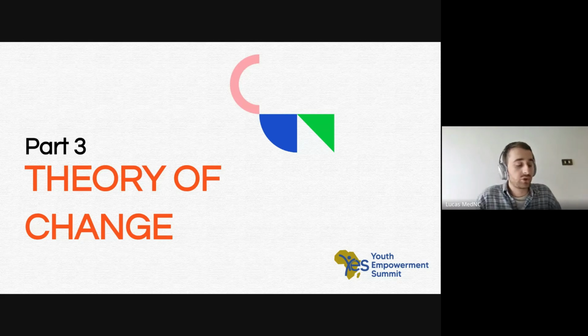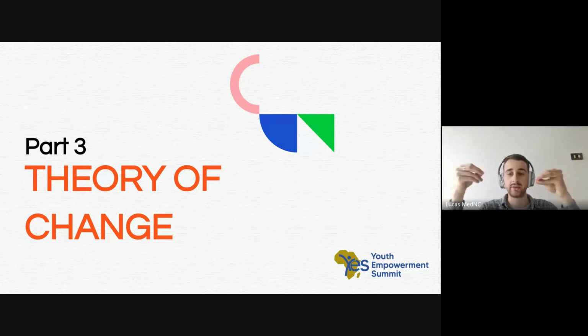So I'm going to go quickly on this. The most important thing is that you understand the log frame, and this theory of change comes in a different way and in a complementary way. I would say it's not a very different tool from the log frame, but it adds something to your proposal.